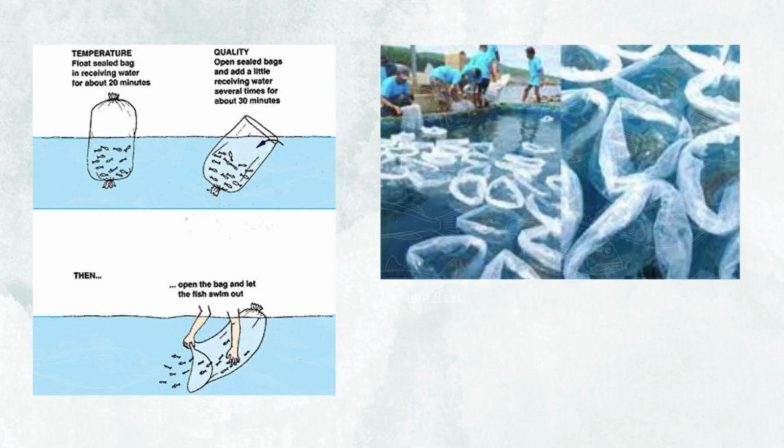The image on the left shows the principles of acclimatization. Then the image on the right shows the actual photos taken during acclimation of the fish fry. The first step is temperature acclimatization. This procedure helps the fish to be accustomed to the water temperature of the transfer pond. Then, next step is water quality acclimatization. This helps the fish to be accustomed to the water parameters of the transfer pond. Then, fish will be released carefully.